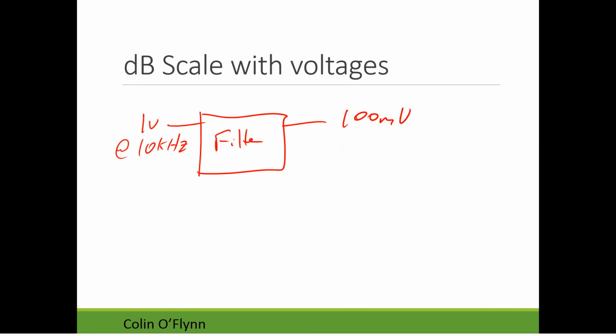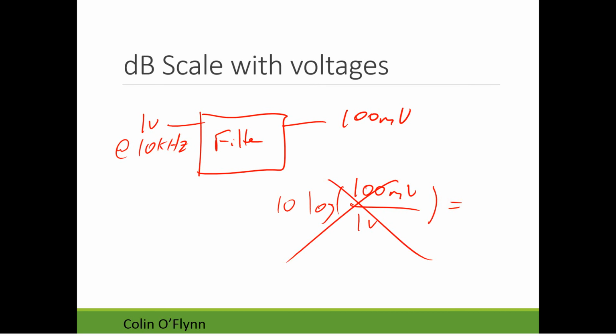I want to find the half power point or something like that, so I can sweep through and do this measurement. The incorrect way is to just take 100 millivolts over 1 volt and apply decibels like this to get my answer. It's incorrect because decibels are only for power.